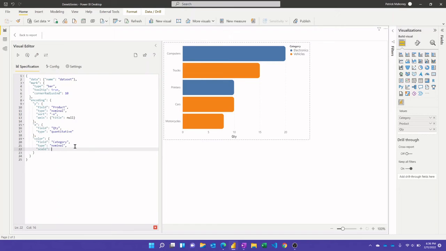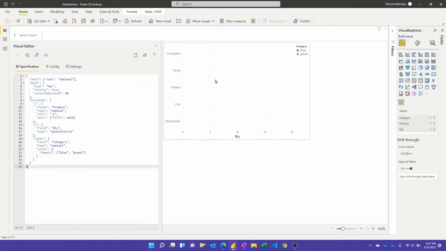And then inside another new JSON object within scale, you can provide the domain. And this is going to be an array of values that we could provide. So that'll be square brackets. So I could go, blue and green. And then we've got the red square down there, so we need to fix something. I close the curly brackets and it goes away. I can format the code, and then we've hard coded